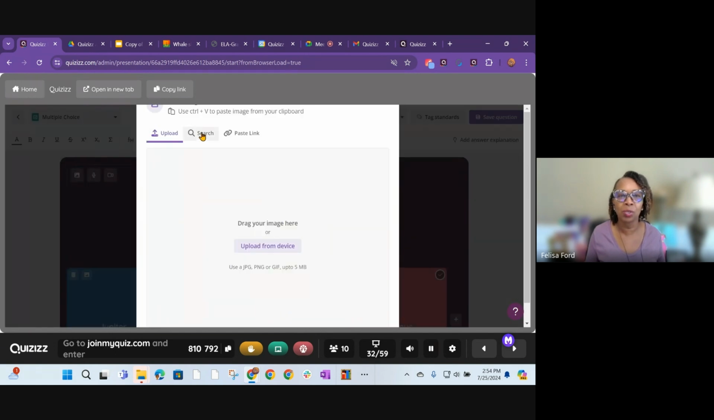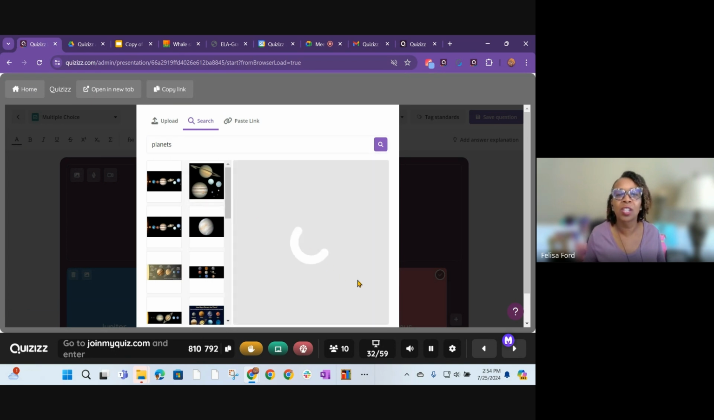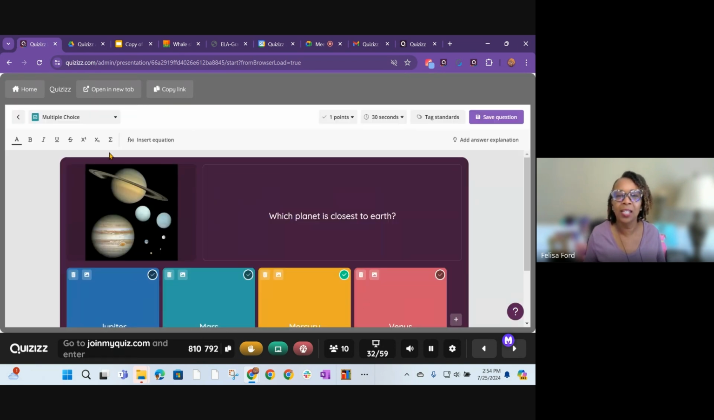Maybe we want to just add an image of the planets just to make the questions more engaging. So we could add an image. Anytime you are formatting a Quizizz question, you always want to add the point value for the question, anywhere from 1 point to 20. And then, of course, you can always tag your state standards, and you will save the